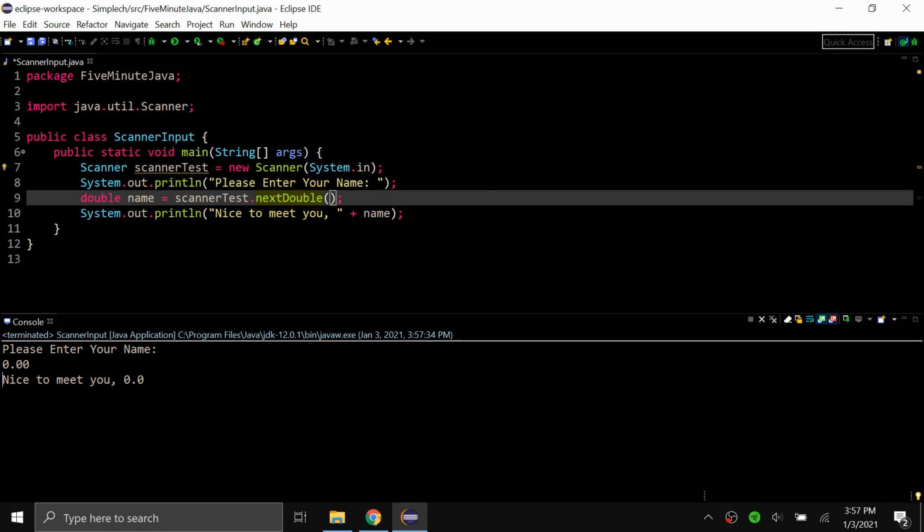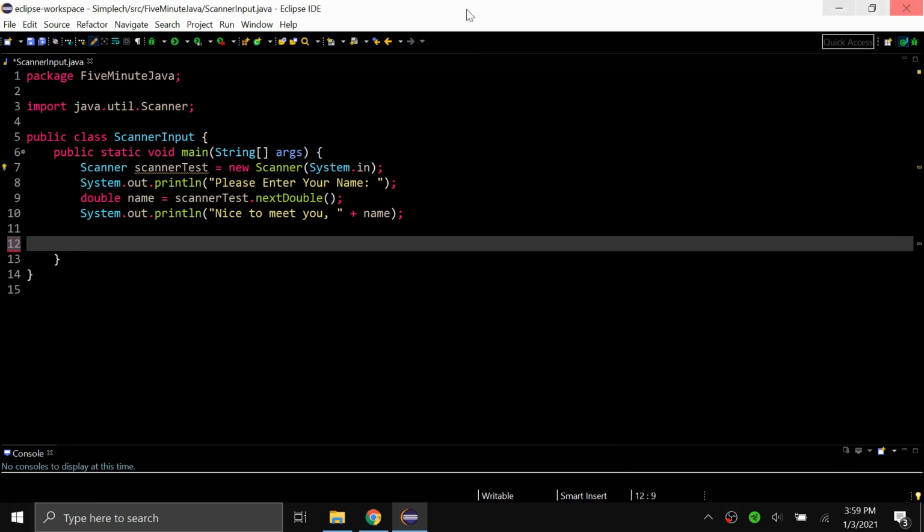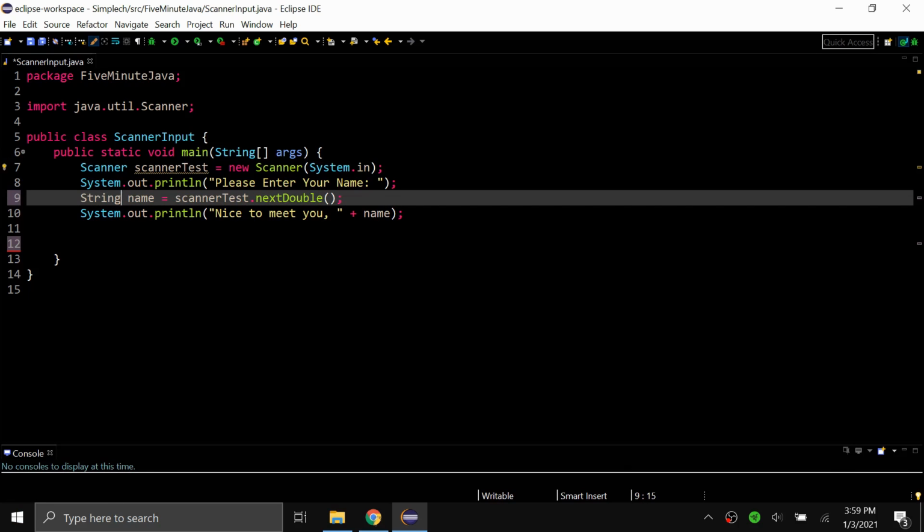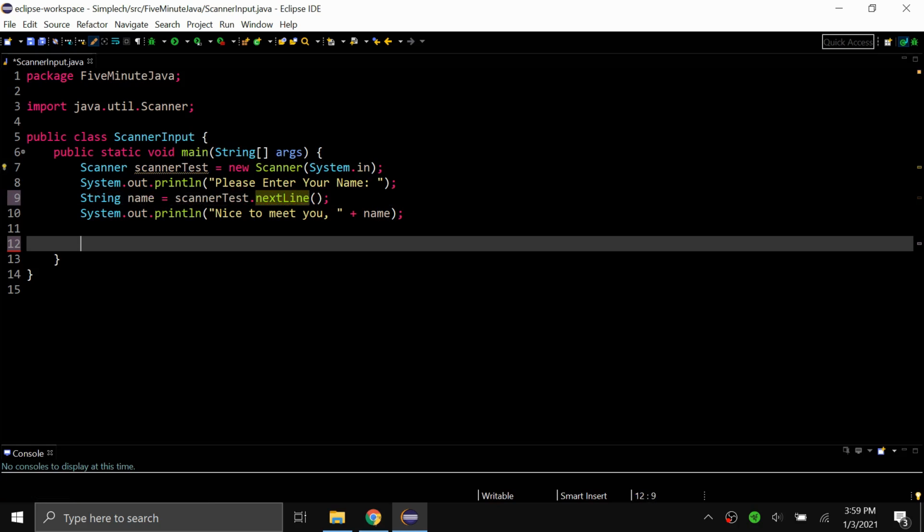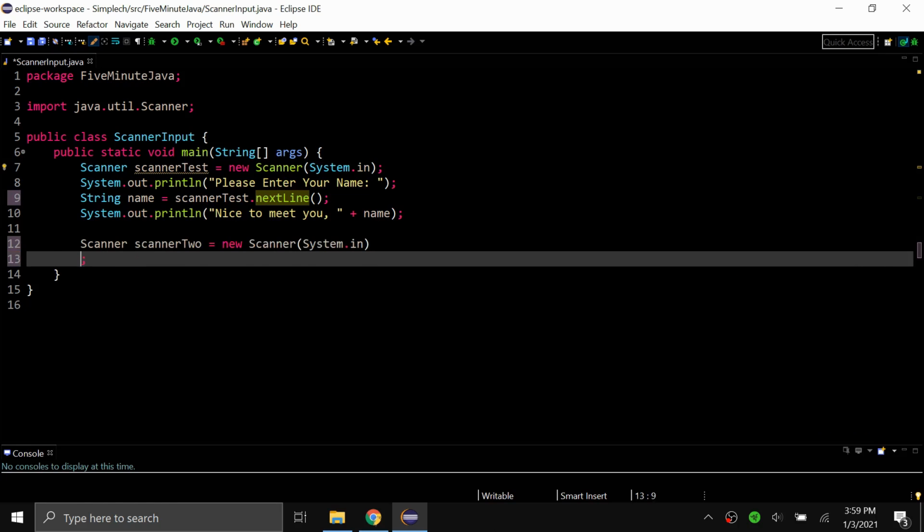Once you have the input in the variable, you can basically do whatever you want, and you can also do it a second time. So I'll change this back to String just so it actually makes sense, and nextLine. And if you want to get another set of input, you would have to create a new scanner. So scanner2 equals new Scanner(System.in), and then we can say